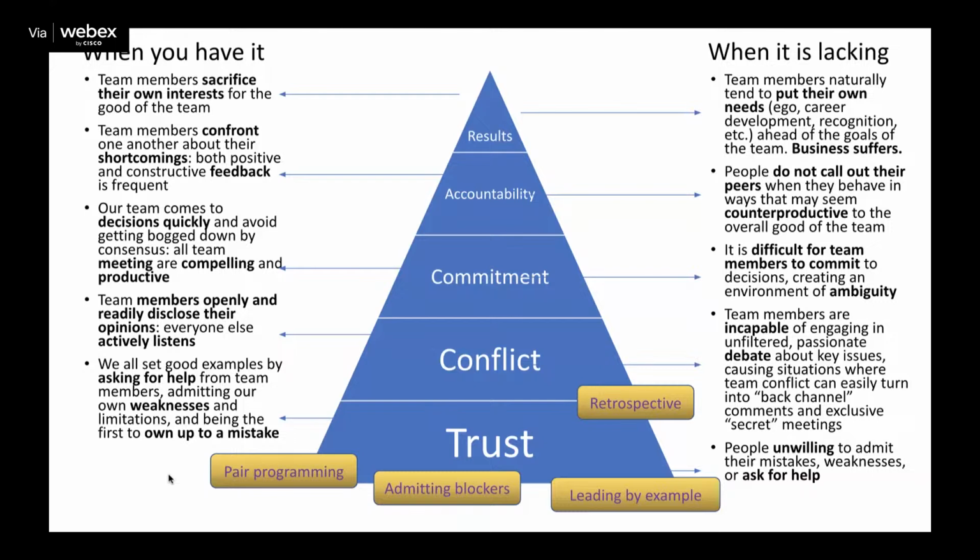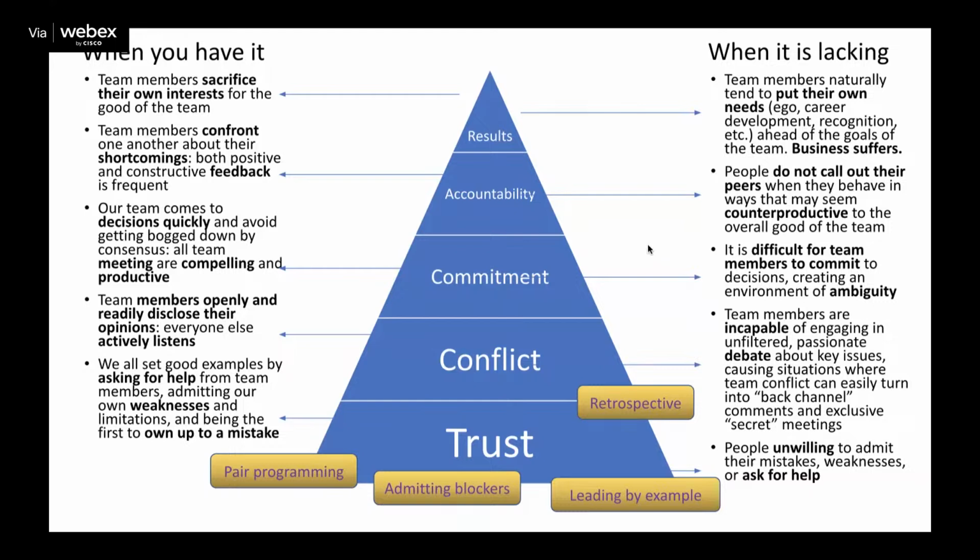The retrospective, the good old retrospective, is great for building trust because we have to be vulnerable in that retrospective, that maybe we're admitting that something went wrong and we want to figure out together how we can fix it. But it's also great for conflict. So high-performing teams need to be very, very comfortable with conflict. Not interpersonal, you're a jerk conflict, but the conflict required to resolve issues and bring up different opinions about how to solve a problem without becoming interpersonal.